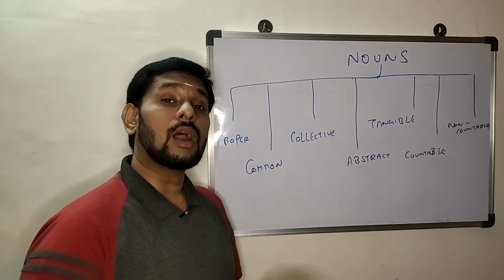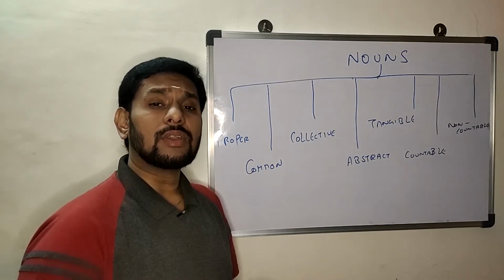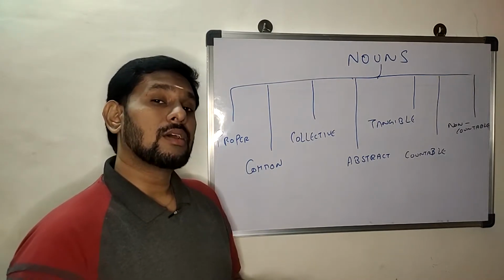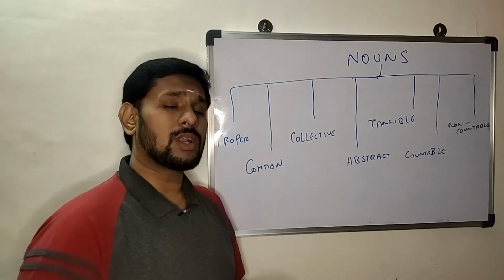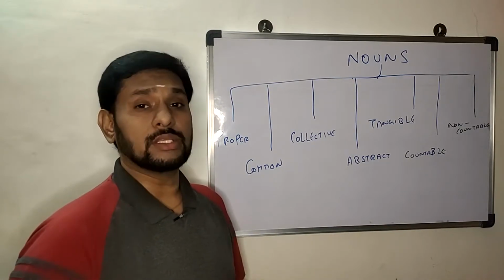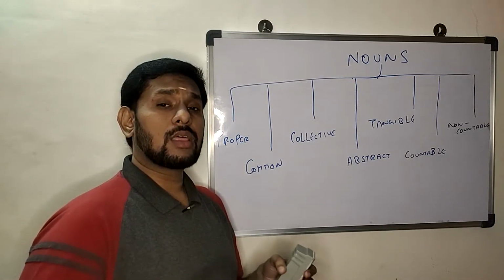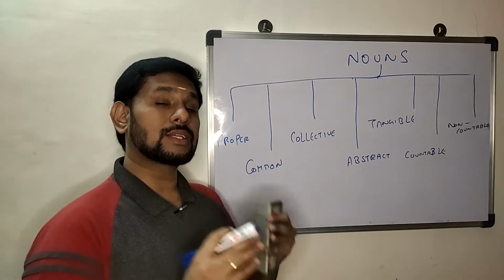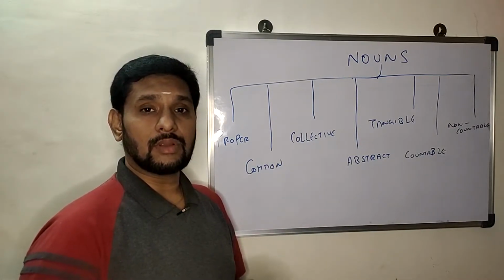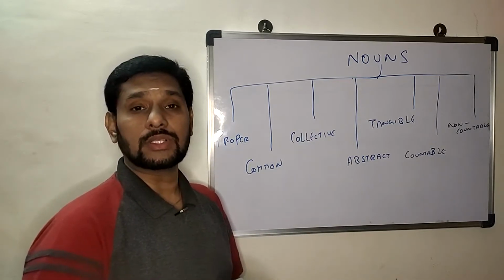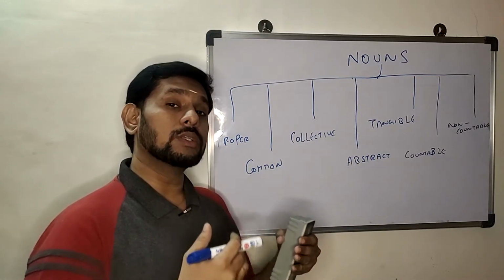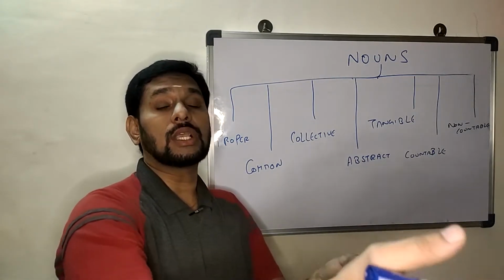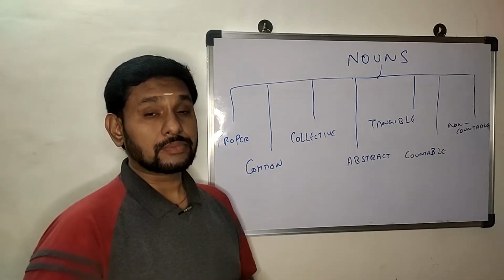Now, for example, the army is a collective noun, but you also have armies, which is again a plural of the collective noun. Now, what is the difference between the army and the armies? When I say the army, it is singular. It is counted as a single object, because they're all working towards a similar goal. That is why we say the army is marching towards the city center, right?